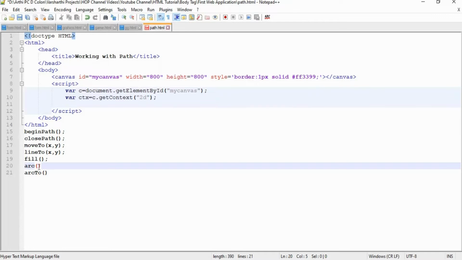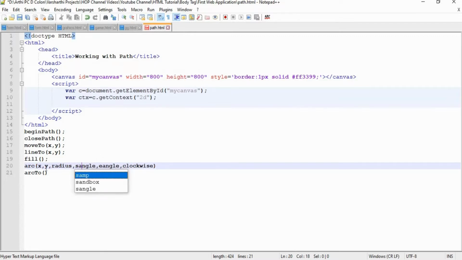In HTML we do not have any function specified as circle, hence we have to use the arc function to draw a circle. The arguments taken by the arc function are the x and y coordinates, radius, starting angle and ending angle, and the clockwise or anti-clockwise direction.